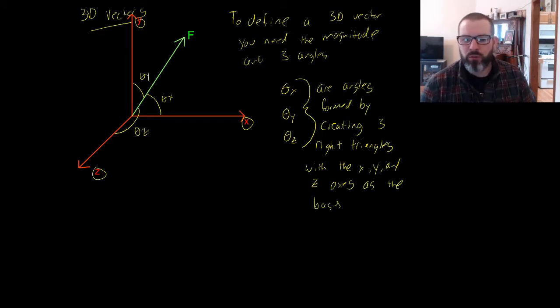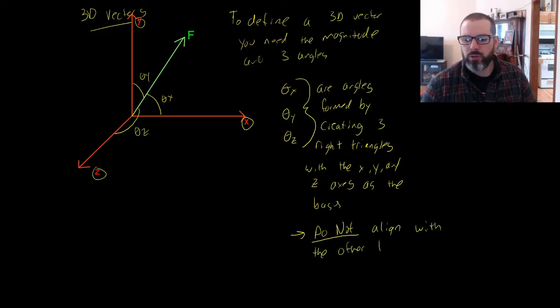Now, when we form these triangles, the triangles do not align with the other 2